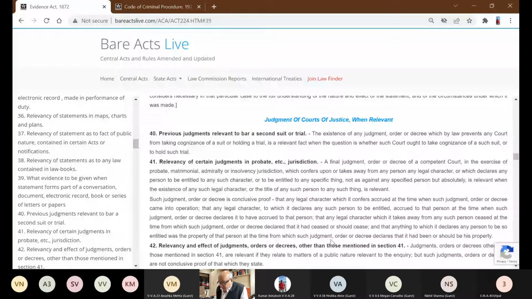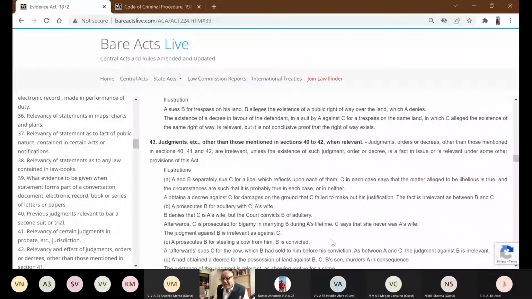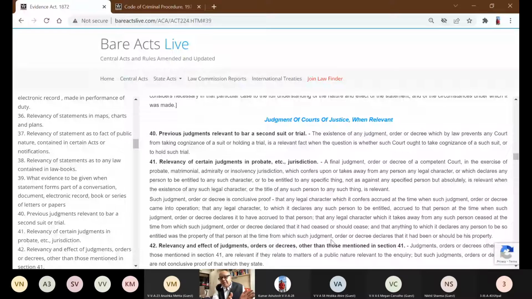Okay. This covers the relevancy of judgments of the court, to what extent the various judgments. So judgments are judgments in rem and judgments in personam. Judgment in rem means judgment affecting the entire world, and in personam, the parties to the proceeding. So we will hear about that now. Now I will tell you exactly how you can invoke a judgment given by a previous court,